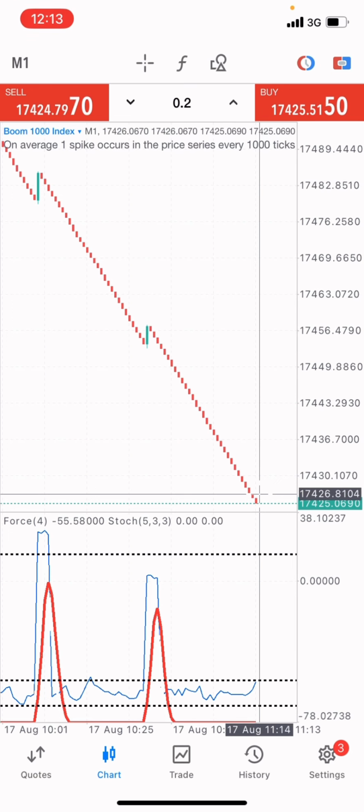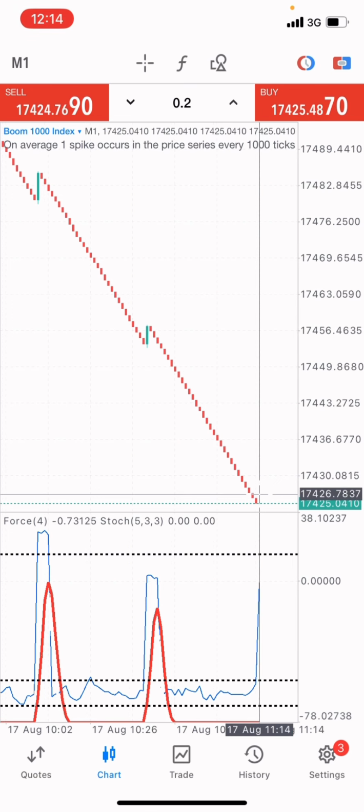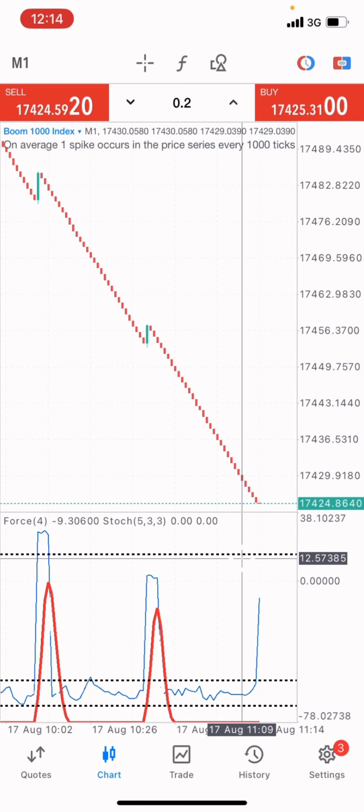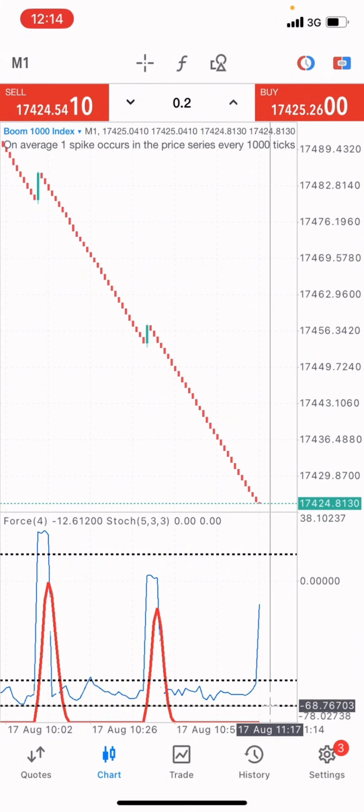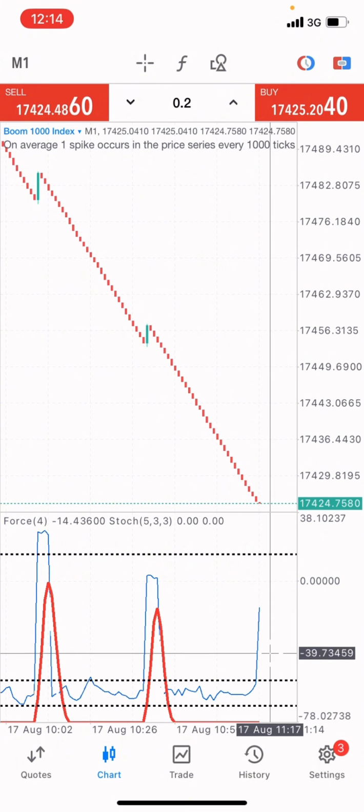Okay, when the market gets to the overbought, the market sells. When the market gets to the oversold, the market will buy. It's price. When price gets to the oversold, the price will go upwards, spike. When price gets to the overbought, it will fall downwards. Okay, now that's how it works. And you can see when it spikes upwards,